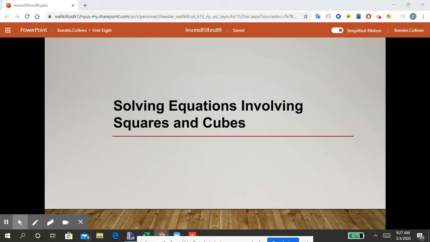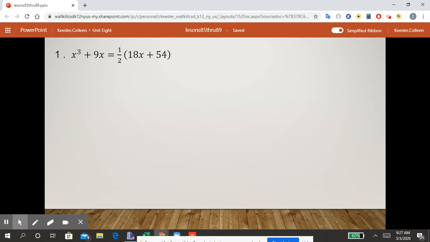Hi Math 8 students, today we're solving equations involving squares and cubes. So here's this first example, looks pretty challenging, but I promise if you've mastered solving regular equations, you can do these without a problem. So first thing we want to do, as always, is to get rid of any parentheses